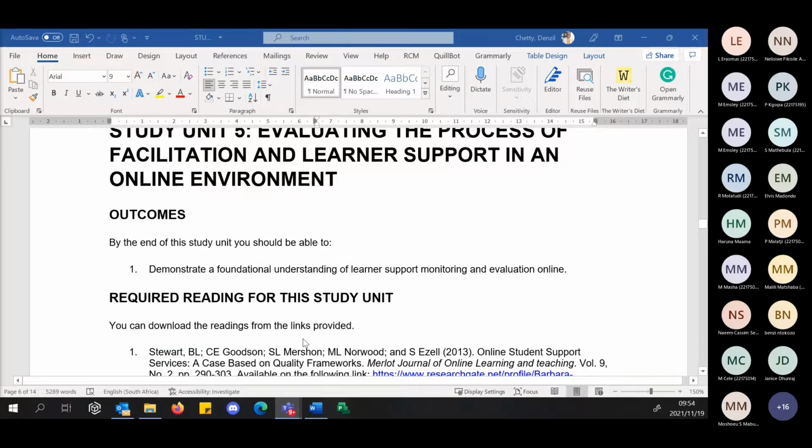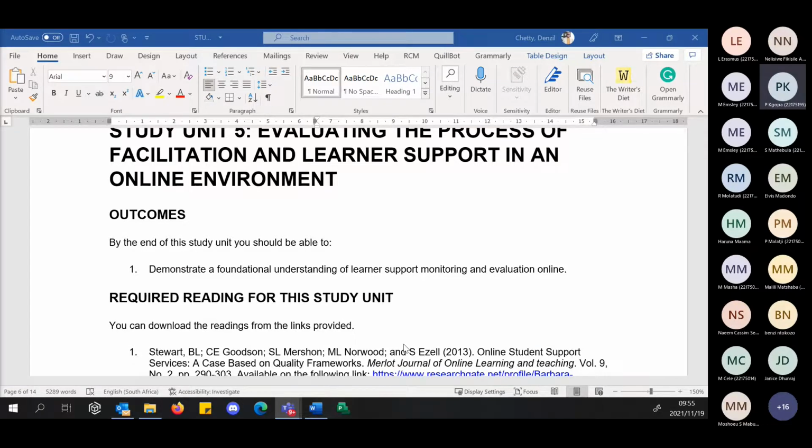Now, if you look at how this course has developed, it moved from understanding the changing higher education context, to pedagogy and learning theories, then to some of the innovation, technology, the applications, then in the previous unit to thinking of compliance. And now towards the latter part of it, we shift back to support issues, the learner support issues. So two issues: the issue of inclusivity and the issue of learner support.